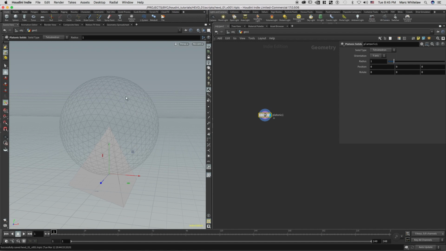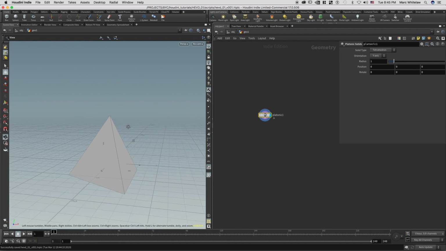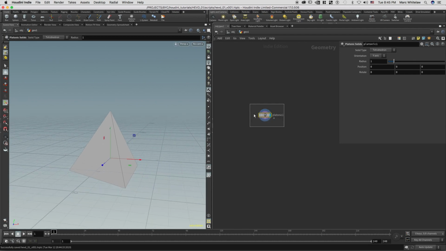If you don't want to see that, just up at the top here, if you click, you can either say Show All Objects. That's not what we want. We want to say Hide Other Objects. So now we are just dealing with this object here. And this Platonic Solid is basically just a bunch of different icosahedrons and cubes, different shapes. Some basic shapes, icosahedron, dodecahedron,